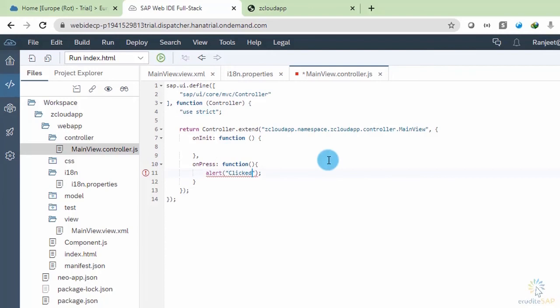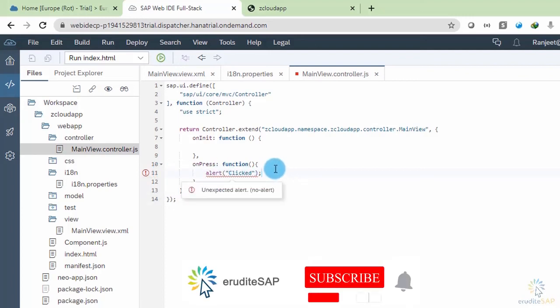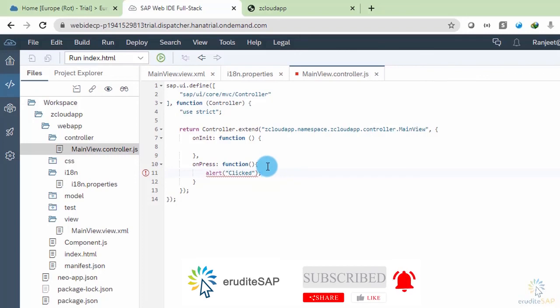Now I will save it. It is showing me an error. Actually, it is a warning that I should not use an alert, but for the demo purpose, I'm using this alert function. It is not recommended by SAP to use this alert function.